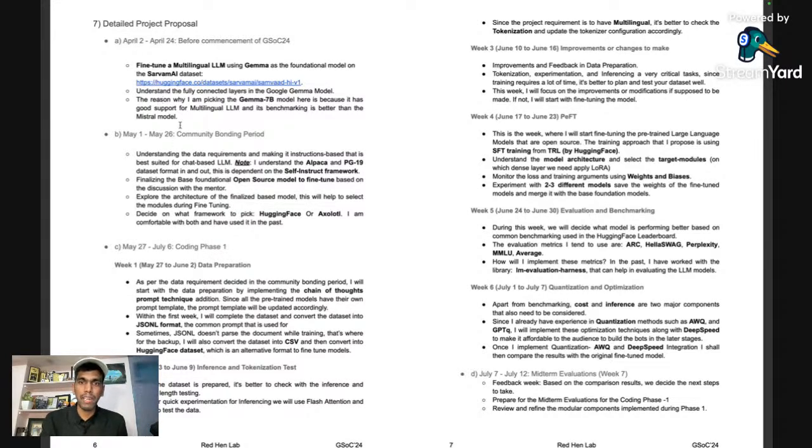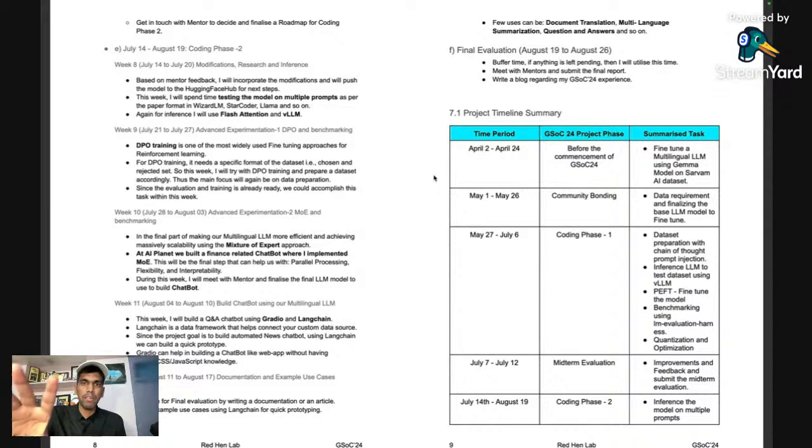Once you have the entire timeline in place, you can create a nice summary table as well, where you include, hey, this timeline, I'll be working on this step, and this is the summarized task. So this is nothing but a phase. When you're contributing to Google Summer of Code, initially you will have community bonding. During this period, you will be in touch with mentors, and they will tell you what you have done wrong in your proposal and how you can improve it. If there are any data requirements, data sharing, existing code base, or any questions for your related project, those discussions will be done in community bonding. So this is nothing but communication that you need to do with the mentors.